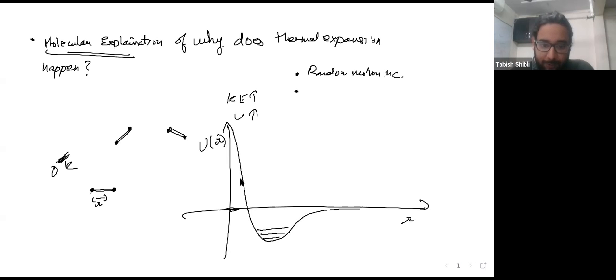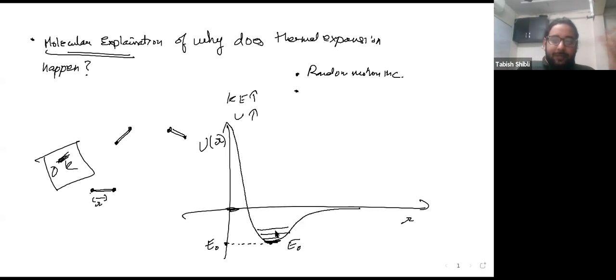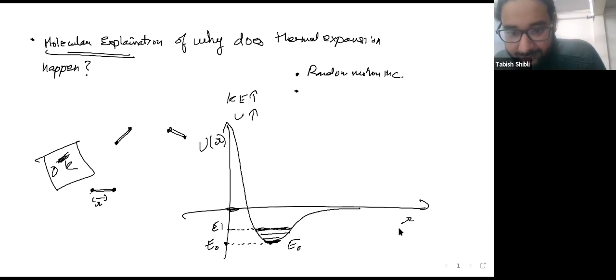सो नाउ इफ यू सी दिस इज डिस्टेंस r, जैसे डिस्टेंस बढ़ाते जा रहे हो तो पोटेंशियल एनर्जी धीरे धीरे बढ़ती जाती है, एंड इट नेवर टचेस। नाउ जब मैं 0 केल्विन पे हूं, मैं इस पॉइंट पे हूं, बिल्कुल लोएस्ट पॉइंट पे। लेट्स कॉल इस पॉइंट की एनर्जी E नॉट। नाउ मैंने टेम्परेचर थोड़ा बढ़ाया तो वो थोड़ा ऊपर वाली स्टेट में आ गया क्योंकि उसमें एनर्जी ज्यादा है। लेट्स कॉल दिस E1। जैसे ही ऊपर जा रहा है इसका ये डिस्टेंस भी बढ़ रहा है, राइट। एनर्जी और बढ़ाऊंगा तो डिस्टेंस और ज्यादा बढ़ जाएगा।